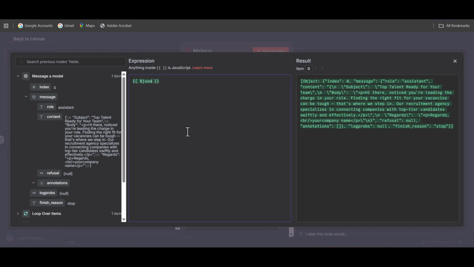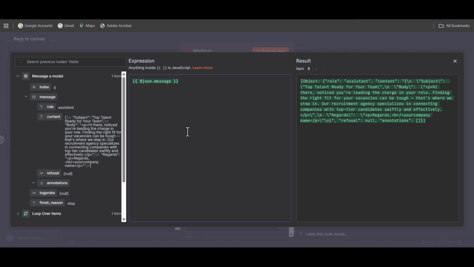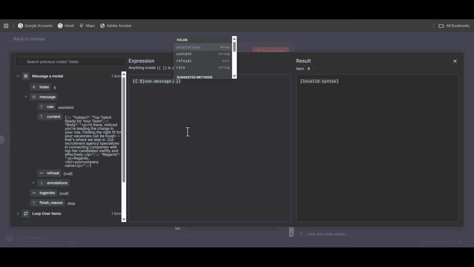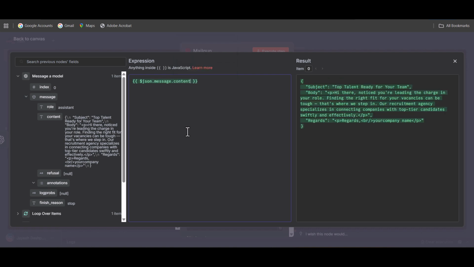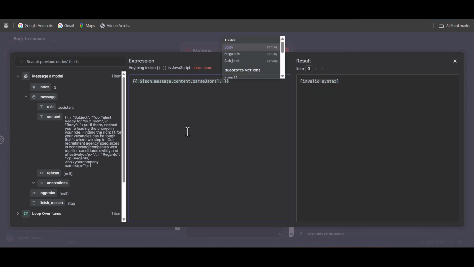and add json dot message, and from that we will extract the content for the subject. We'll pass this json and the subject that we need. So we got the subject here. I will just copy this,